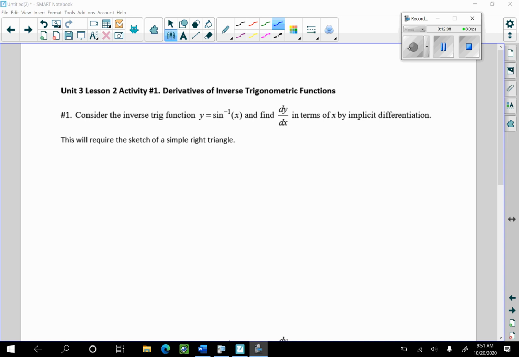So here we go. We're going to consider the inverse trig function. y is equal to inverse sine of x, and we're going to find dy dx. So let's do some trigonometry first. If I have this statement right here,